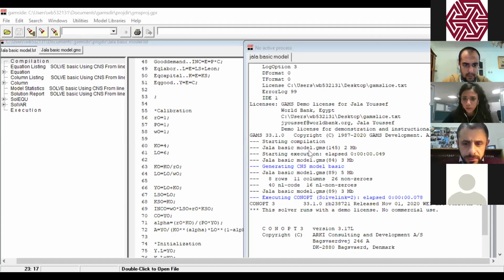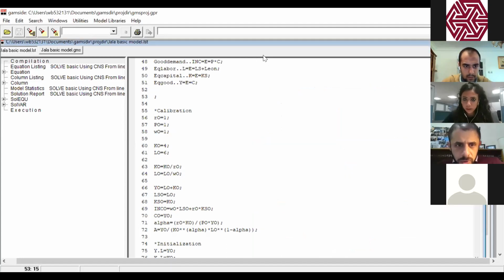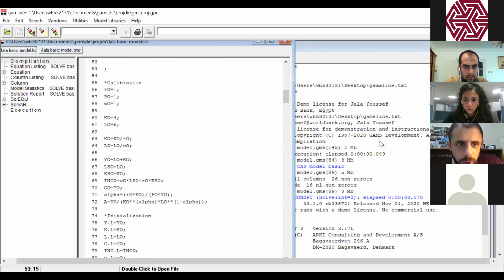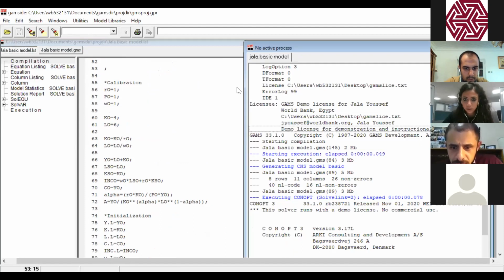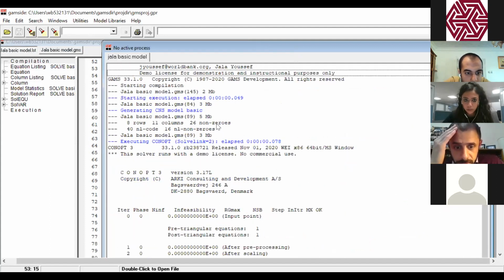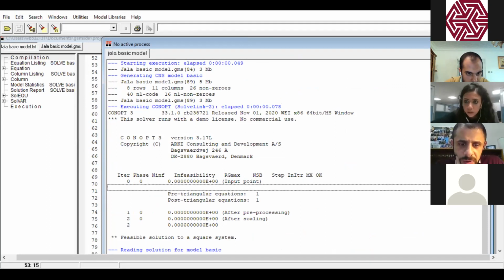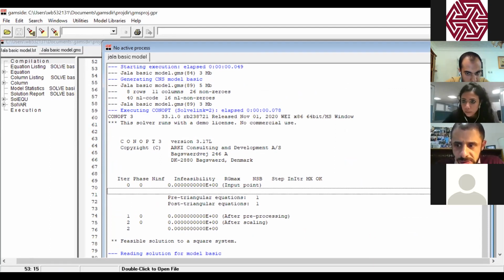So, Dr. Shahir, what would you like me to maximize? So please, no, to the listing at the end. Yes, I know. It's at the back here. We want the window at the back. Yes. This one? Yes. At the end, please. Sure. Scroll down. So it's infeasible, zero infeasibility, which is correct. Down, please. Scroll down again. I'm sorry. I think that's all what we have for this, no?